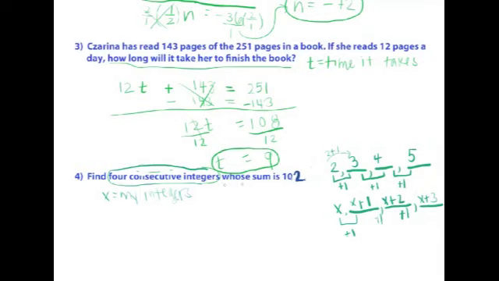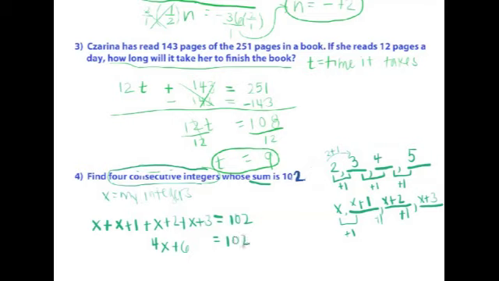Since it says sum, I know I'm going to be adding them together. So my first number is x, plus my second number, which is x plus 1, plus my third number, which is x plus 2, plus my fourth number, which is x plus 3, and we know their sum is 102. So now I'm just collecting like terms. I have 1, 2, 3, 4 x's, and I have 1 plus 2 is 3, 3 plus 3 is 6,